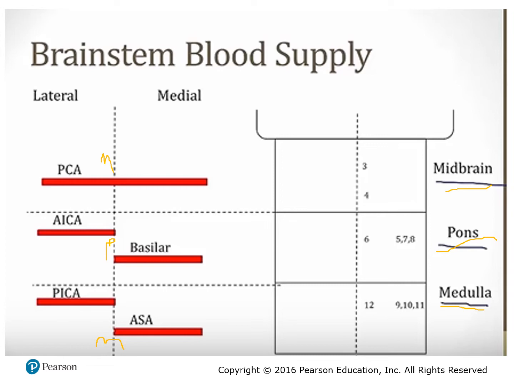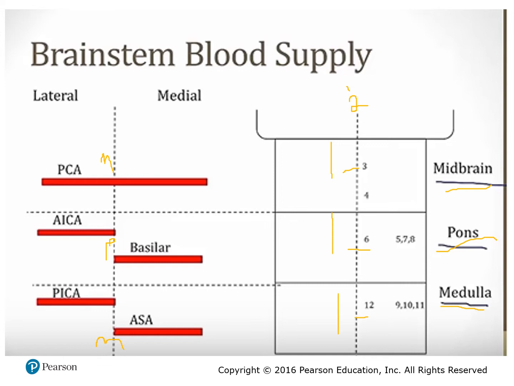And then PCA, or posterior cerebral artery, is going to supply both lateral and medial midbrain. If you look to the right, this schematic is also part of the rule of fours for our cranial nerves. So medulla, pons, midbrain, and then above the midbrain, cranial nerves 1 and 2, which are really brain, are up there. But in this schematic right here, we just number 1 through 12,